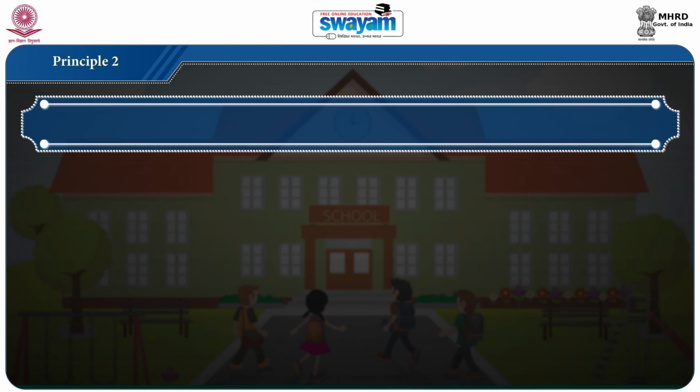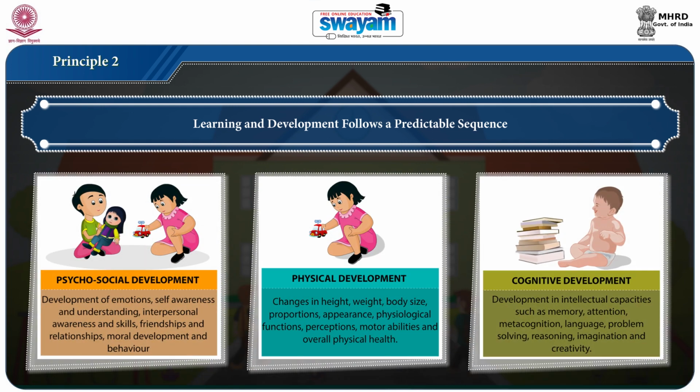The second principle is that the learning and development follows a predictable sequence. Amidst the cultural and contextual variations, a predictable sequence of learning and development is observed among children of 0 to 6 years. By realizing that any change and development is predictable, the ECCE framework should be in such a way that it fosters every domain of development along with its subdomains as and when needed, providing rich, appropriate experiences and stimulative activities.